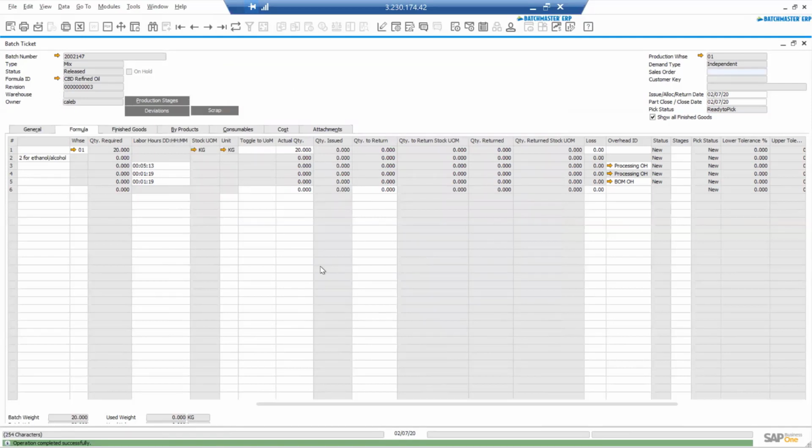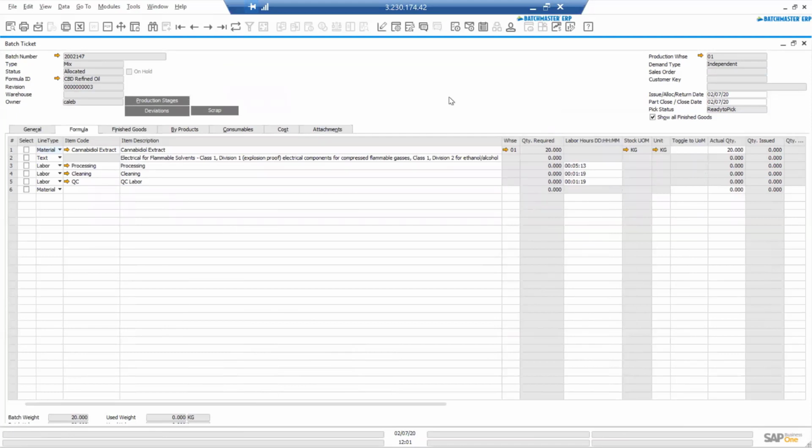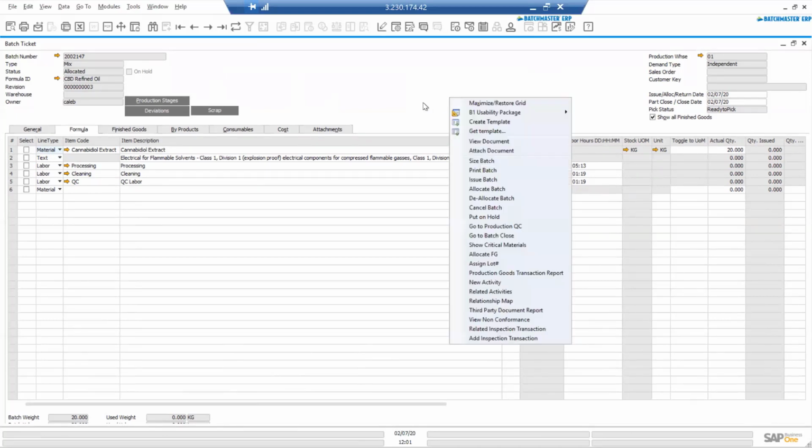So in most cases, you're just going to accept the allocation methodology, particularly in a startup environment where you don't have unlimited people. You cannot go through this process of allocating these lots, generating a pick ticket, making sure that people are picking only the things that are required, staging it, weighing it, all of those. If all of those procedures are required, we support that, obviously. But in your startup phase, you're probably going to